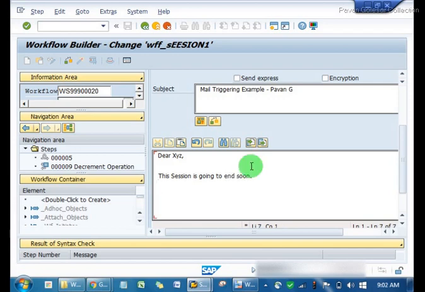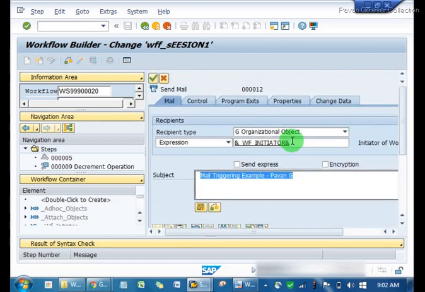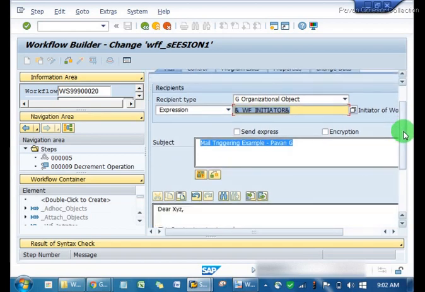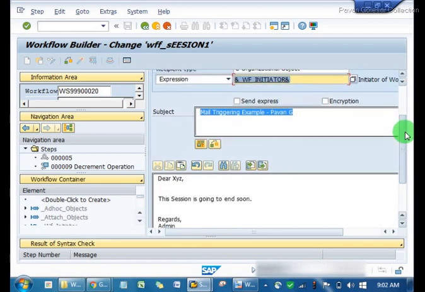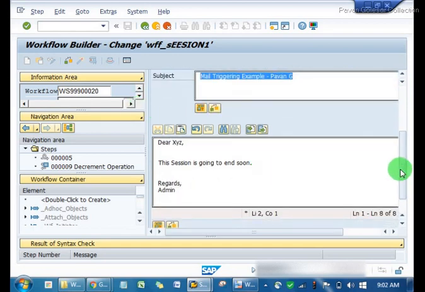Okay, so here we have some body written of the mail. We have the header written, and who is the recipient. If you want to send a mail, just imagine आपको to डालना पड़ता है, subject डालना पड़ता है, फिर body डालनी पड़ती है. यहाँ पे to कौन रहेगा? जो workflow initiator. Initiator मतलब जो भी workflow trigger करेगा उसको mail आएगा. उसके बाद we have this subject of the mail. We have this body of the mail. Any problem in this?